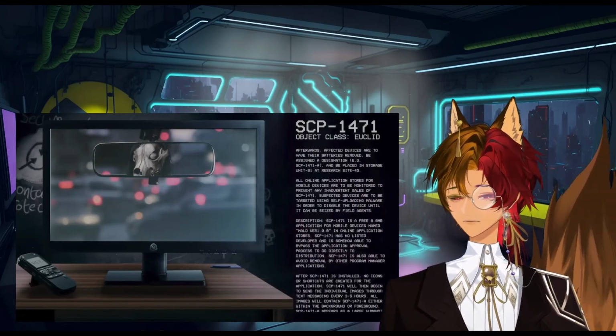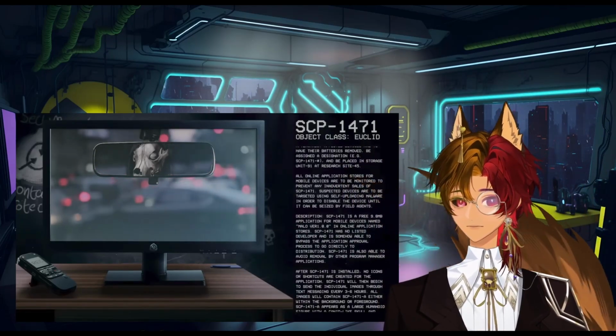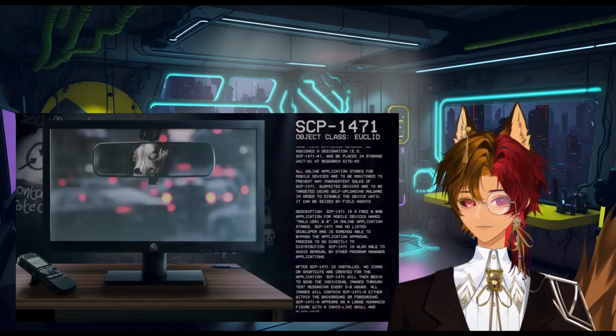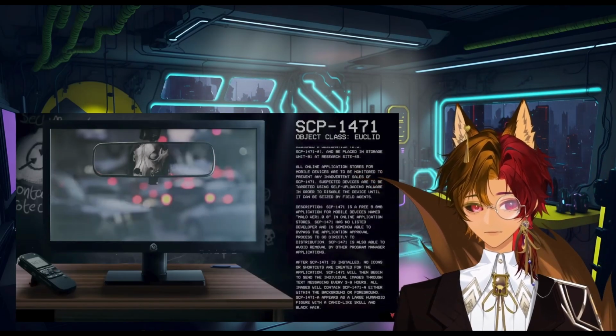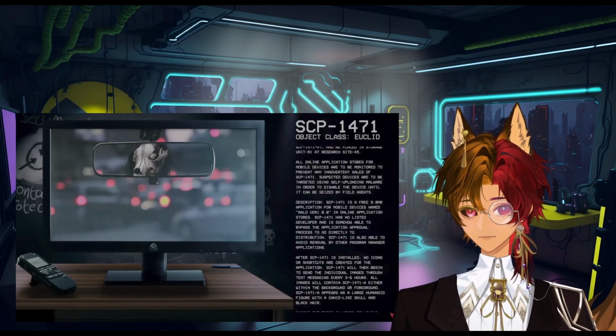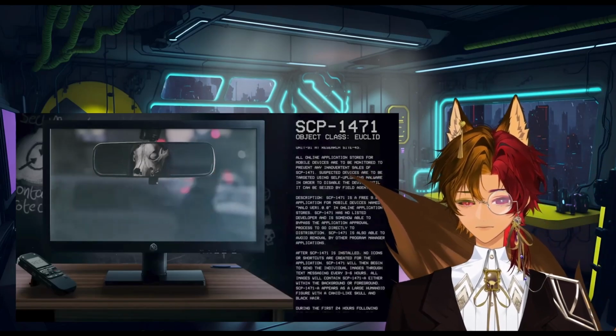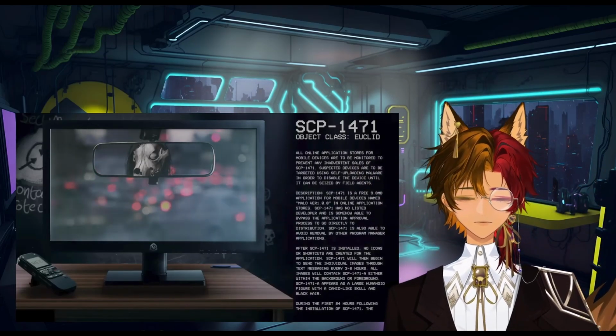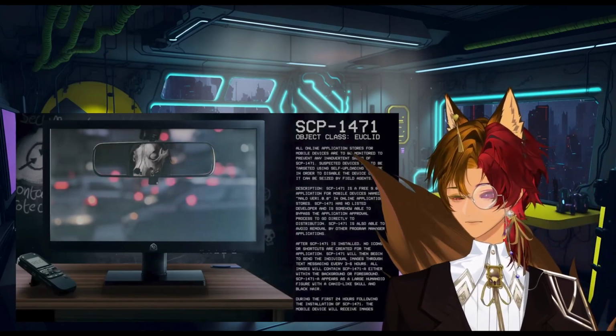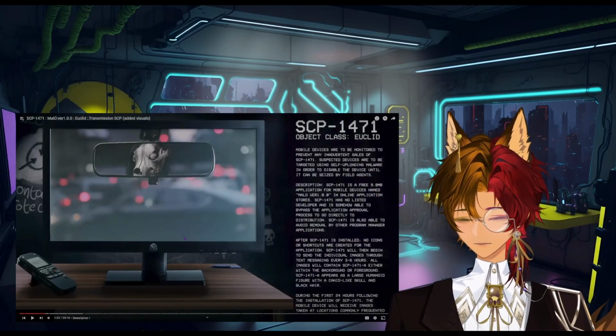Description: SCP-1471 is a free 9.8 megabyte application for mobile devices named MalO version 1.0.0 in online application stores. SCP-1471 has no listed developer and is somehow able to buy